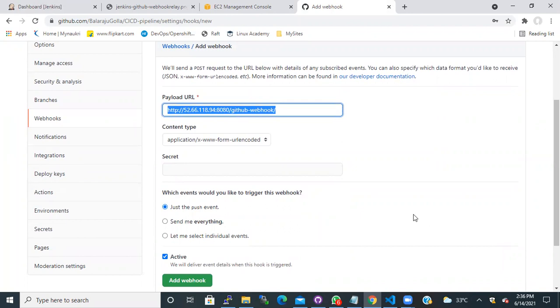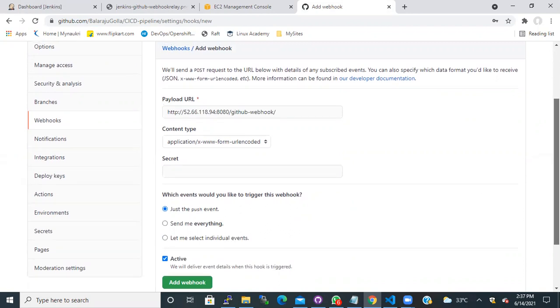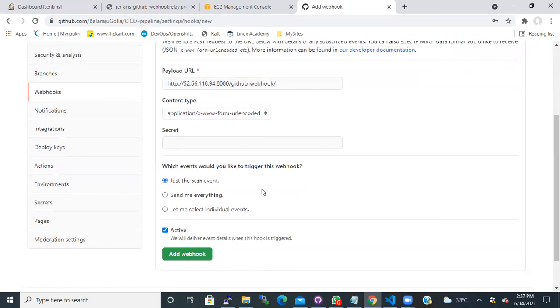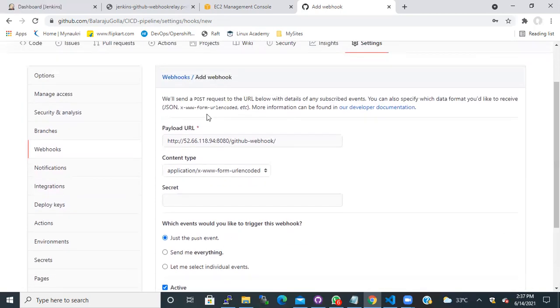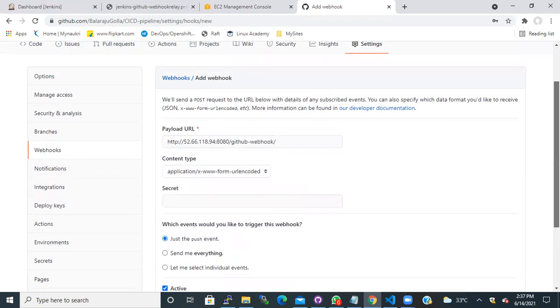Nothing else that you need to change. Just the push event. Which event would you like to trigger? With this webhook, as and when we commit the code, when we push the code into the GitHub repository, at that point in time, the build should trigger. So I just chose the push event option, and then I gave my payload URL from where it should be deployed,